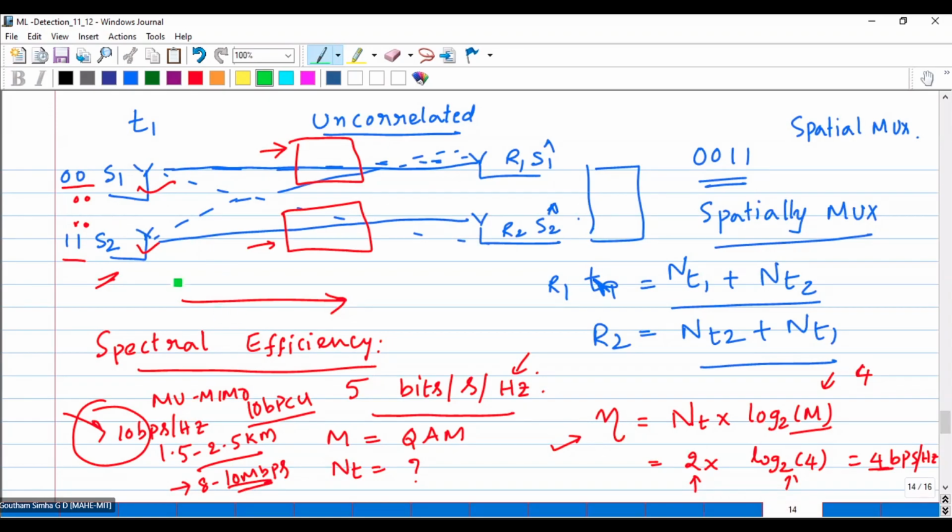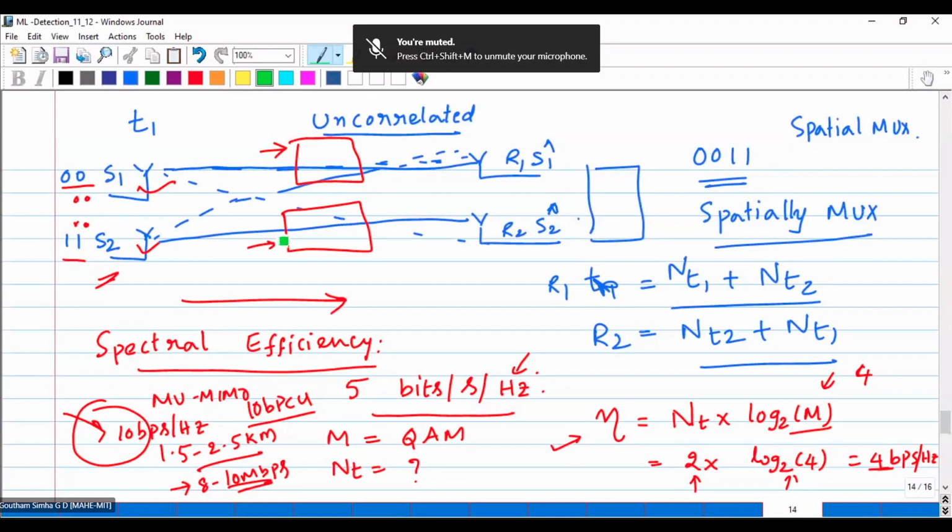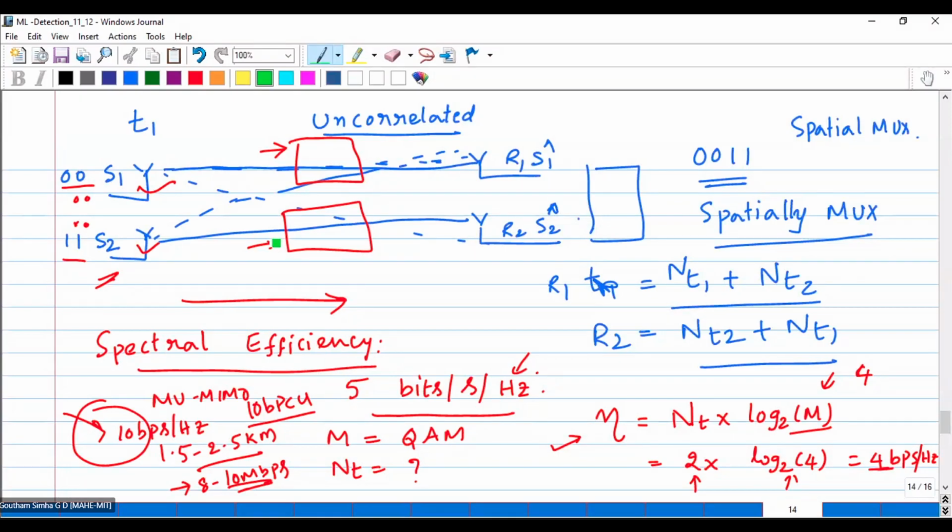In order to increase the spectral efficiency, in order to improve the data rate, in order to have higher data rates, I have gone from a single input, single output system to a multi-input, multi-output system. So MRRC is something like single input, multi-output. 2x1 Alamouti is something like a multi-input, single output system. So without the most essential part that we had discussed, the 2x2 everything, but assuming partial CSIT is available at the transmitter and complete CSIR is available at the receiver. At the same time, you have to assume that the channel is uncorrelated.